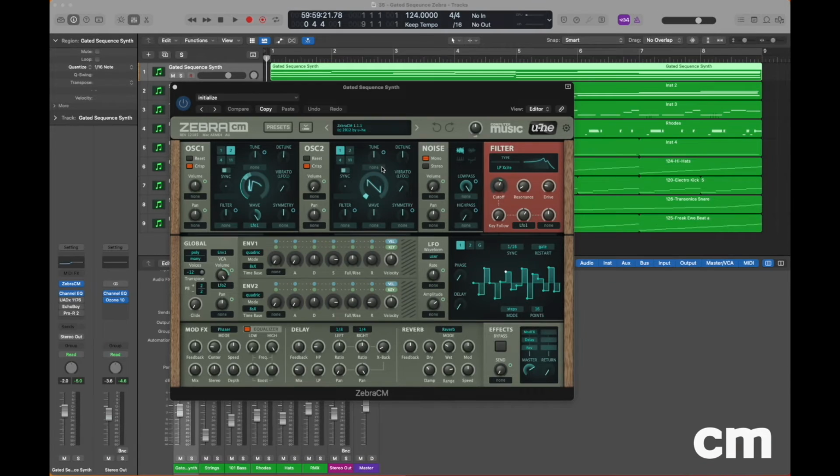Hello, and welcome to this edition of Synth Masterclass with Computer Music. This time we're going to be using our ZebraCM plugin to create a very cool synth patch, which we're calling